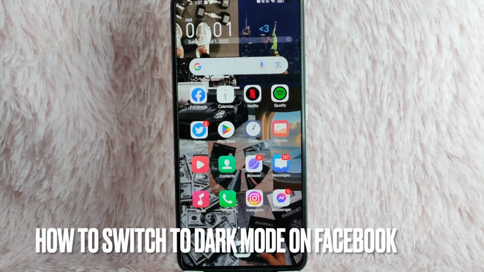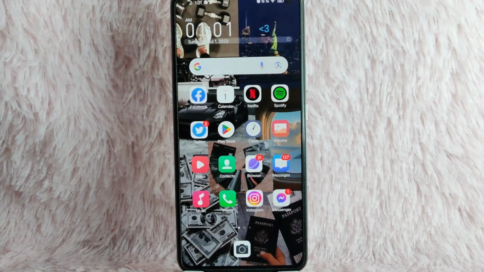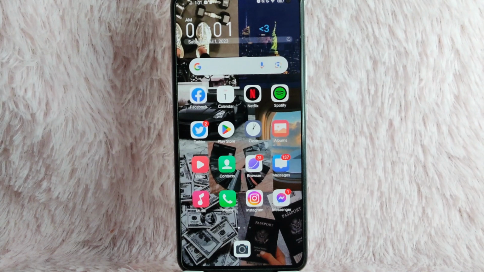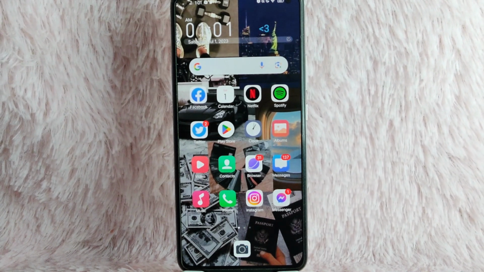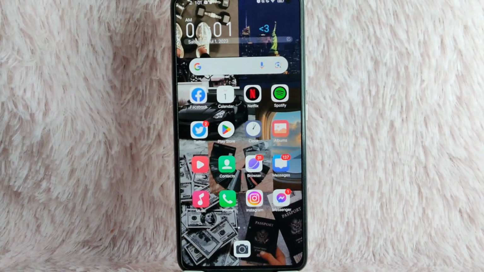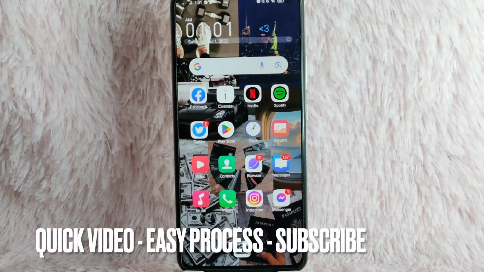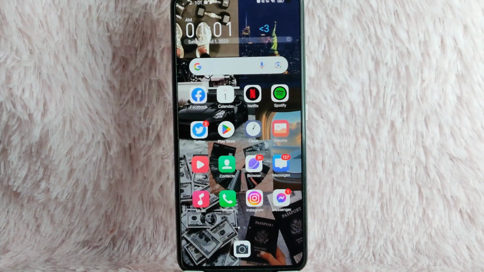In today's video, we are going to talk about how you can switch to dark mode on your Facebook. Maybe you wanted to know how to switch your Facebook into dark mode so that your eyes won't get hurt so much. So today, I am going to teach you how you can switch to dark mode in